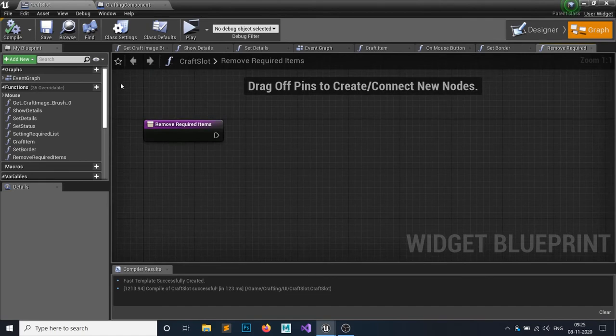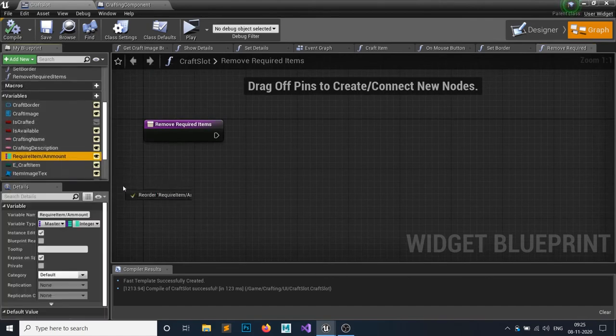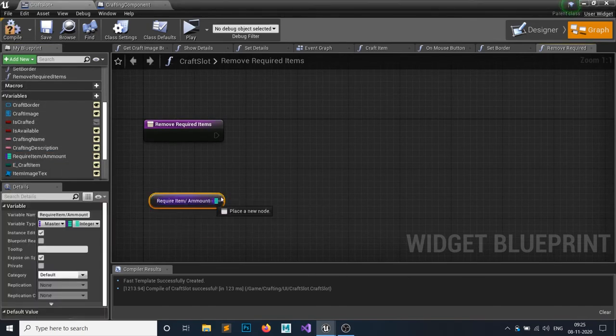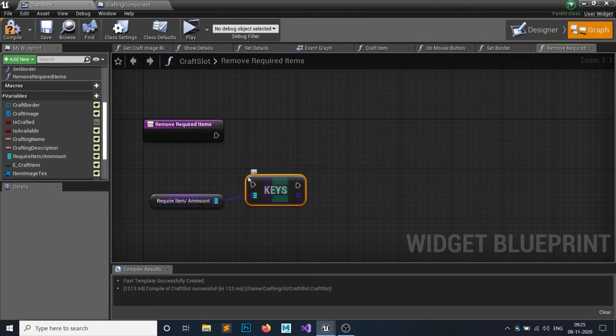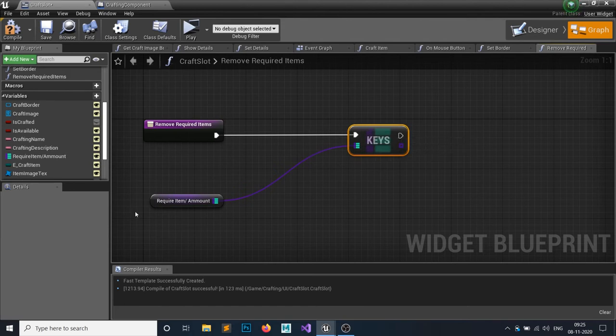Okay, so we have that requirement items map in here. So what I will do, I will simply do a for each loop. First I will get the keys, because each key is unique, so it will work fine here.